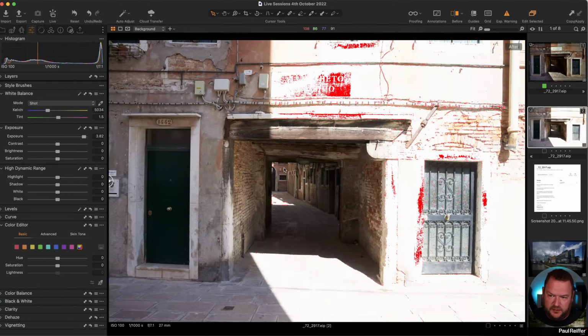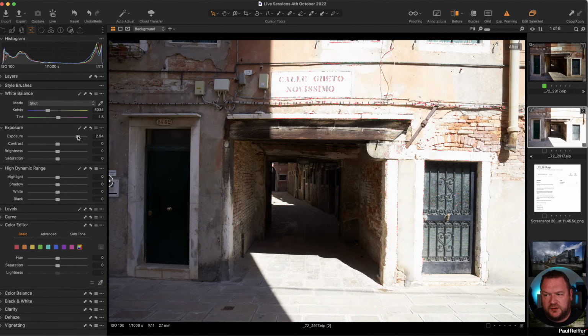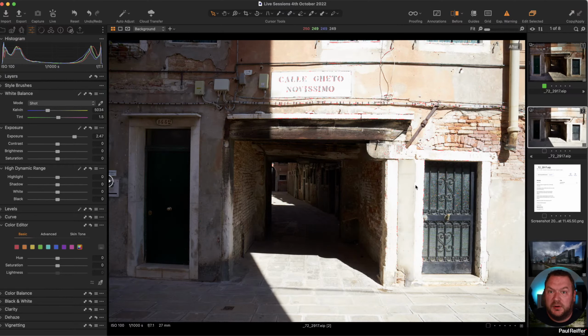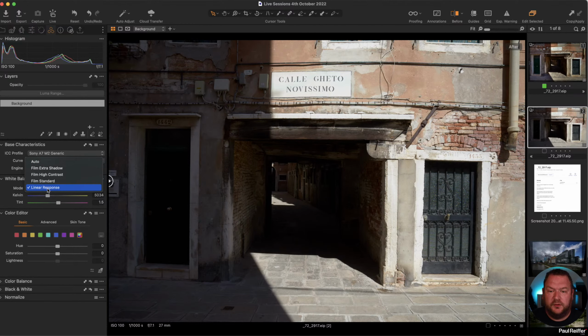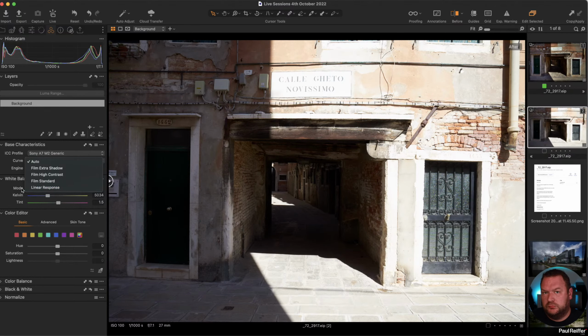In fact, in here, look, we've got all this extra data. The problem with doing that drag is as I've pulled up the shadow data to be able to see it, as you can see, we've also started to blow some of the highlights. Now, if I go to that curve from auto and change that curve to linear response, look at that difference. Auto curve, if ever you wanted to see how much the auto or the film standard curve actually pushes things,